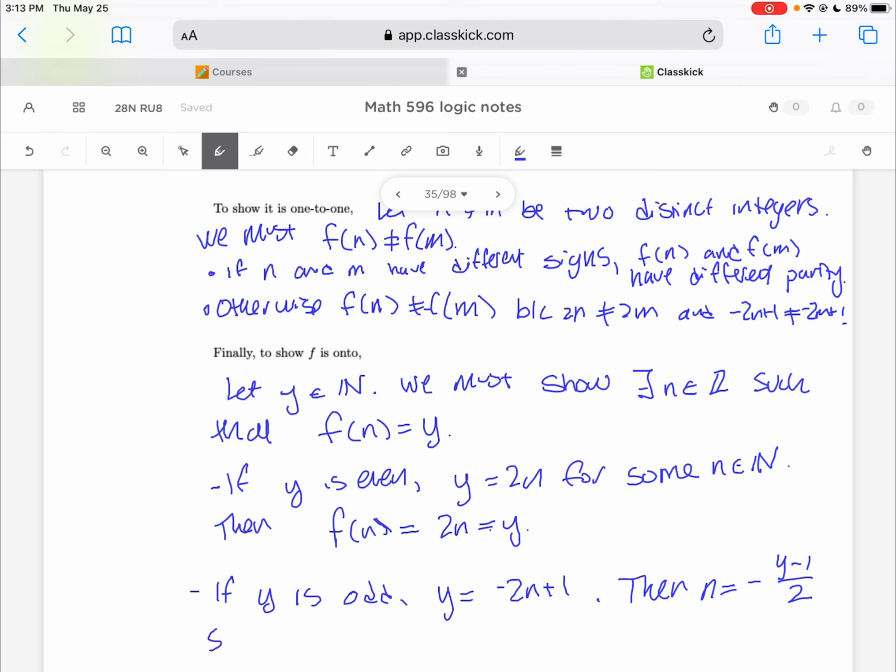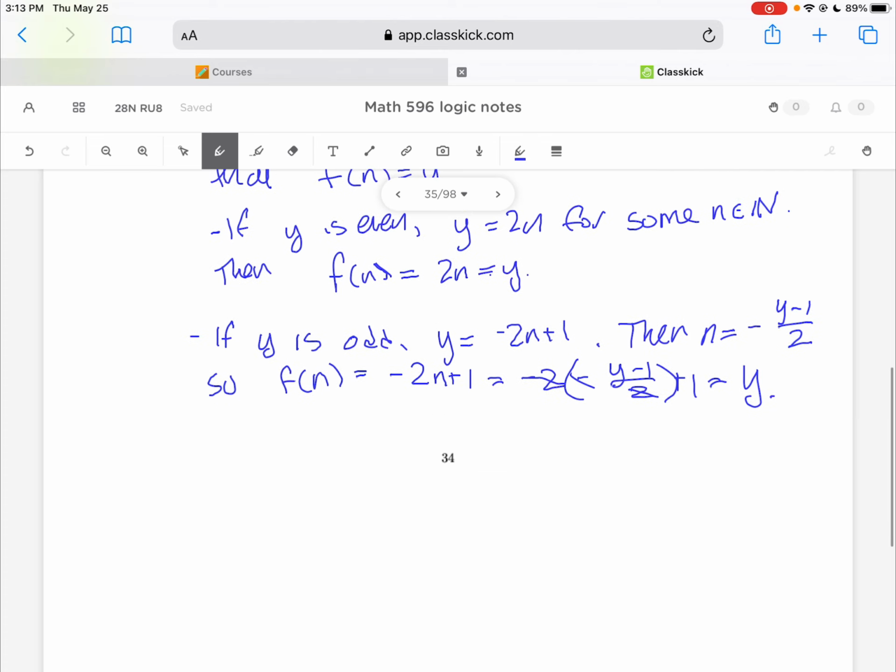which would mean that f of n is equal to negative 2n plus 1, or negative 2 times the opposite of y minus 1 over 2, plus 1, which, canceling the negative 2, we get y minus 1 plus 1, or y. So we get y as an output as well. All right, so the range is equal to the codomain, which means that the function is onto. Okay, so now that the function is one-to-one and onto and well-defined, that means that it's a bijection. F is a bijection